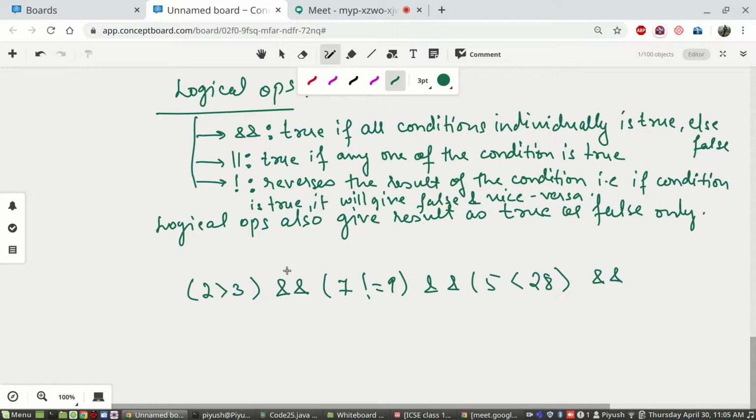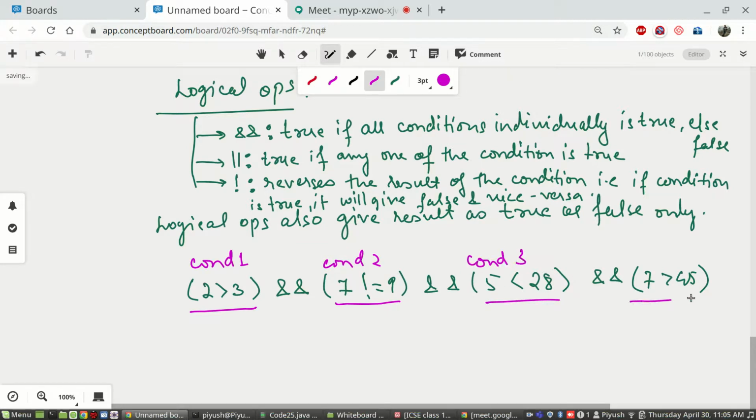So two ampersands together form logical AND in Java. Then we have another condition, let's say 7 is greater than 45. This is condition 1, condition 2, condition 3, condition 4.